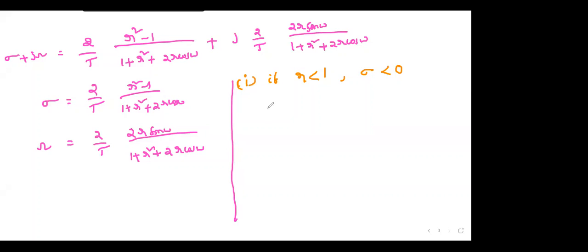That means what is happening inside the circle? The pole is there in the z plane, mapping to the left hand side, LHS of the S plane. This real part is negative in the S plane. Whatever the imaginary part, real part is negative means it is the left hand side. Similarly, whatever the angle, if radius is less than 1, this pole is inside the unit circle. So this is exactly mapping, right?